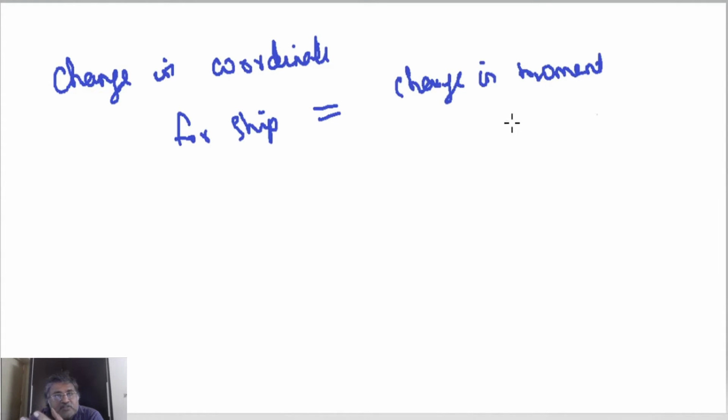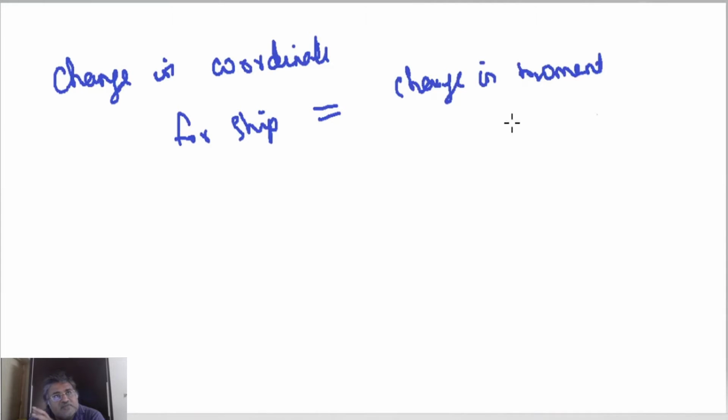Like we talked about the center of gravity, there is a centroid of volume also. Centroid of volume can be calculated in the same manner. If V1, V2, V3, V4, V5 are 5 volumes on the ship in different parts, and they are at the positions x1, x2, x3, x4, x5, the position of the centroid of volume will be V1 x1 plus V2 x2 plus V3 x3 plus V4 x4 plus V5 x5 divided by V1 plus V2 plus V3 plus V4 plus V5. This whole thing will give you the centroid of the volume also.